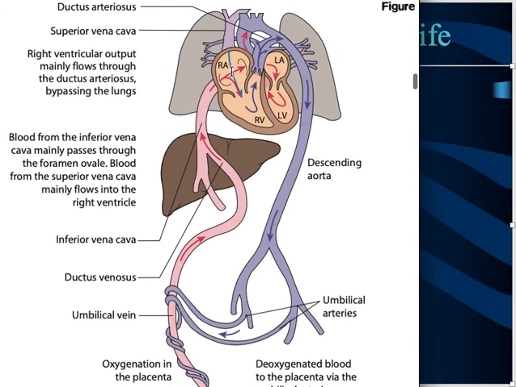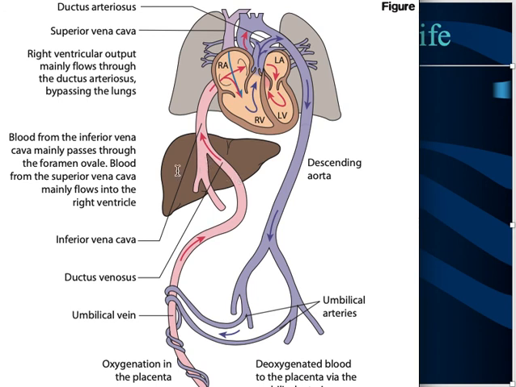This is the ductus arteriosus, and this is the vessel from where the oxygenated blood is coming from the placenta in the umbilical vein, and the umbilical vein is going to the liver, okay, and this connection is called the ductus venosus. And after birth, basically, this one closes. Why? Because